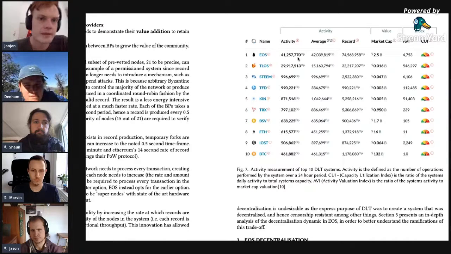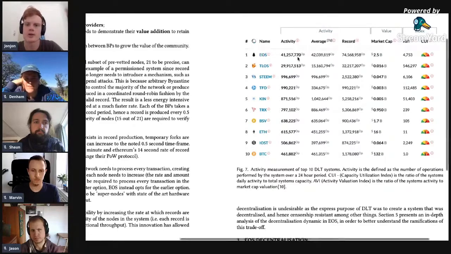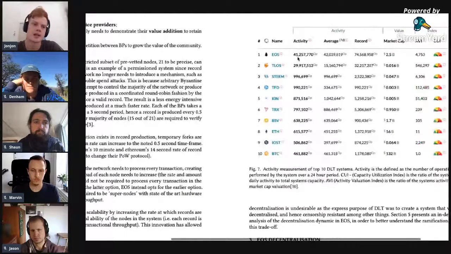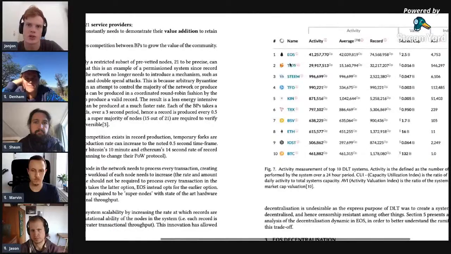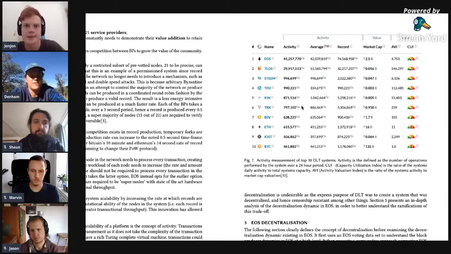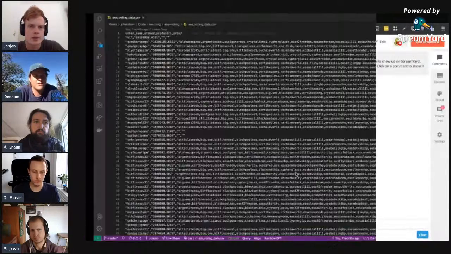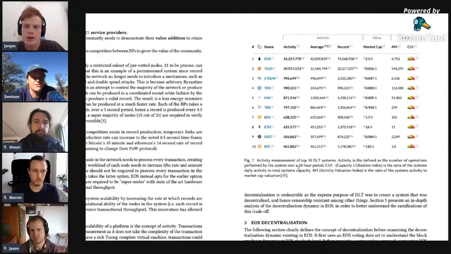So if you said Ethereum does 10 transactions per second, EOS has been recorded doing 2,000 or 3,000 transactions per second. But yeah, we use this measure of activity to sort of define that. And that measure of activity is kind of based on averages of different types of transactions, or is it just literally a live feed of actual real data?